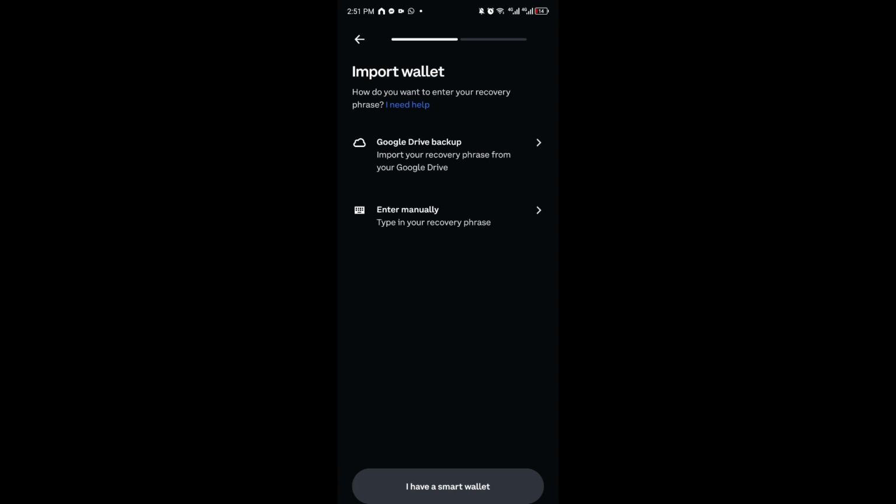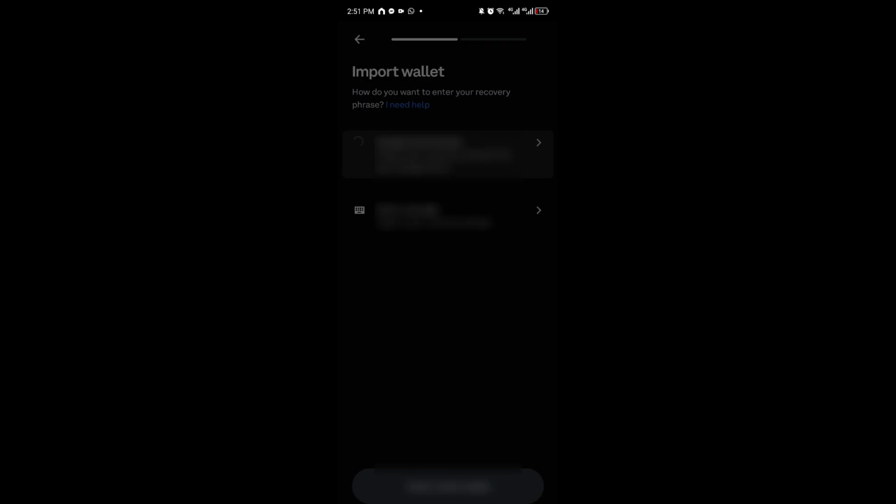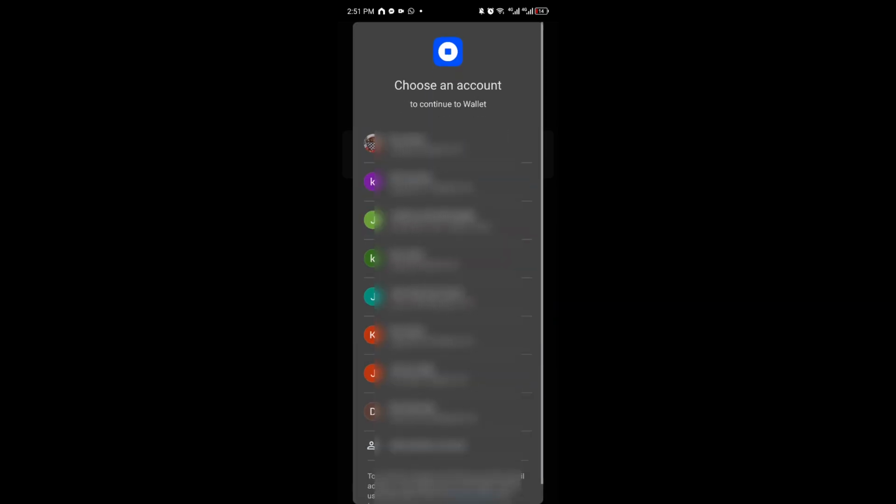So we basically only have one option right here, which is the Google Drive backup. You can just go ahead and choose one of your Google accounts that has that backup and you should be